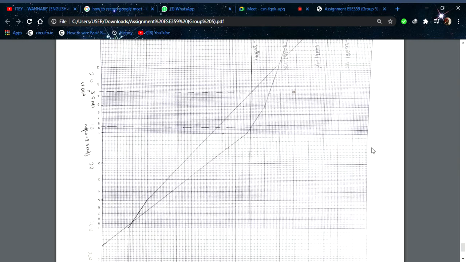And first step to plot the graph, you must put